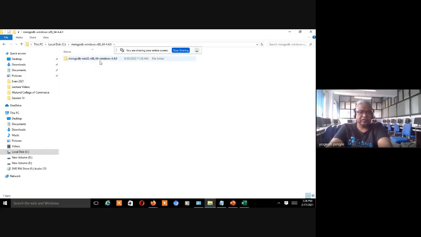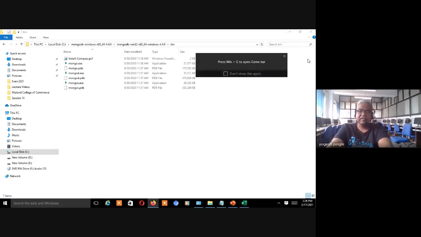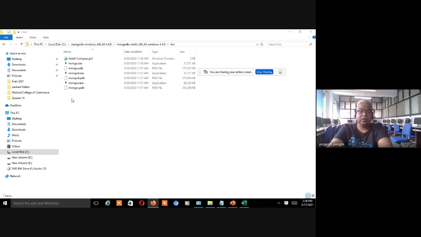Right, and the bin folder is very important. As we know, the bin folder carries a lot of utilities which are required to manipulate things with the OS. Internal details are there, so these utilities are very important, right? And this bin path, you are going to give it in the environment section, right? So there is one environment. You right click on My Computer, go to System, and go to the environment variables tab, system environment variables, and there you are going to give the environment variable path.